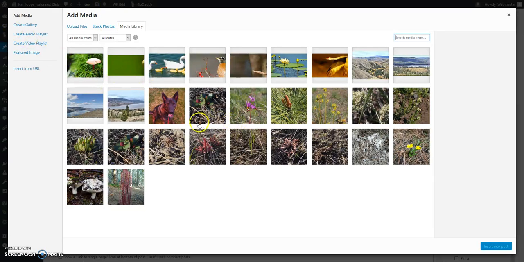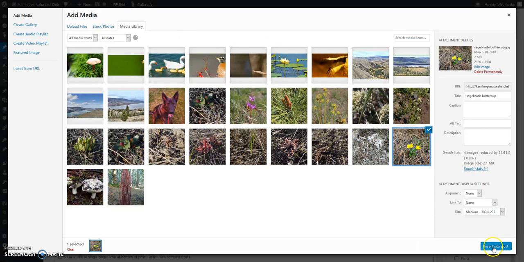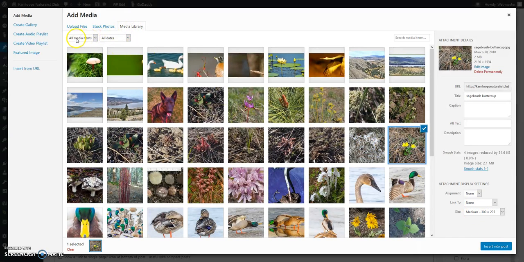So let's just take one of those pictures and insert it in here right now. There are some buttercups, and so I just simply select that from the media library. I can also search in the media library for other things that might be tagged or named. Over on this side, there's the name of the article, or name of the item there,